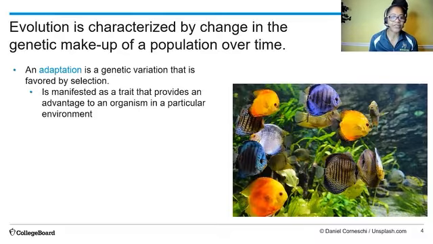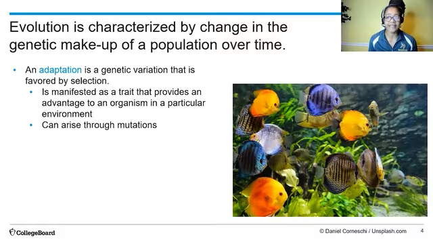Now, how is this related to genetic populations or population genetics over time? Well, if an adaptation provides an advantage, then we expect this adaptation to increase in the population, as that organism will have a better chance of survival. And if they reproduce, they have a chance of passing that advantageous trait on to other individuals within the population, and that eventually can change the population dynamics over time.